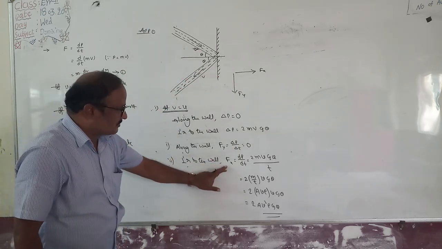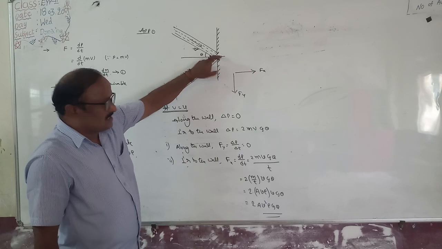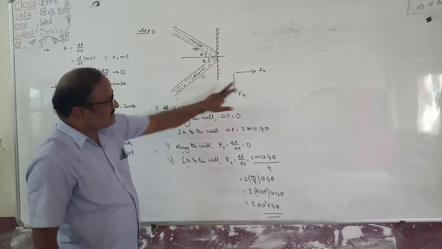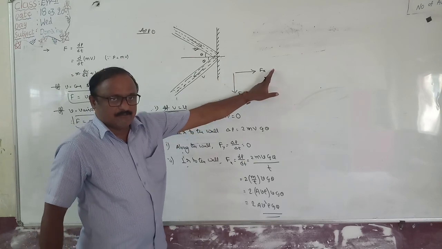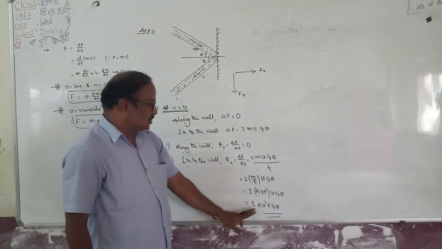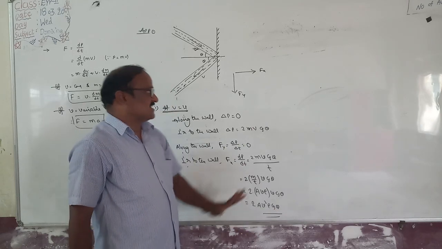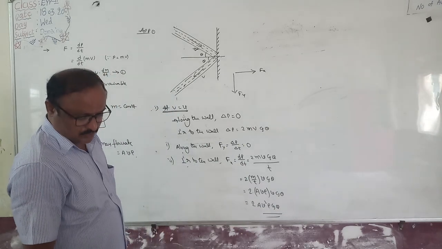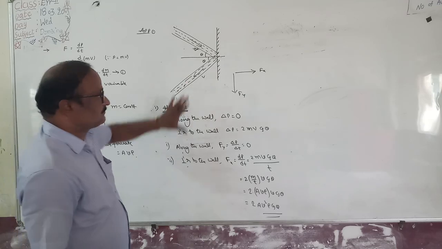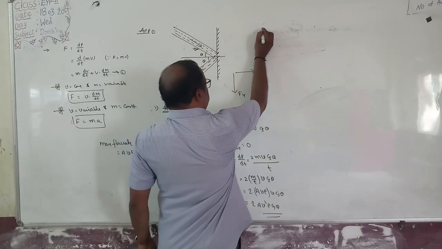What is its direction? Normal to the wall. Normal to the wall means in vector notation it can be written as F bar is equal to Fx in terms of i cap, in the positive x direction. Therefore, F bar is equal to 2A v square rho into cos theta. Do you understand? Next, I will explain one problem.